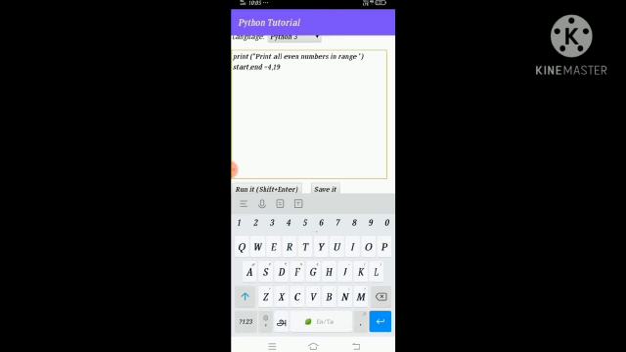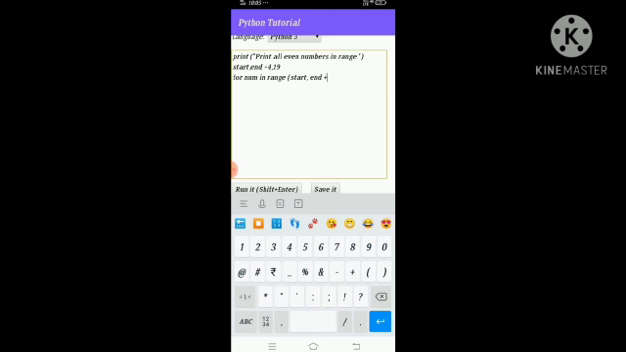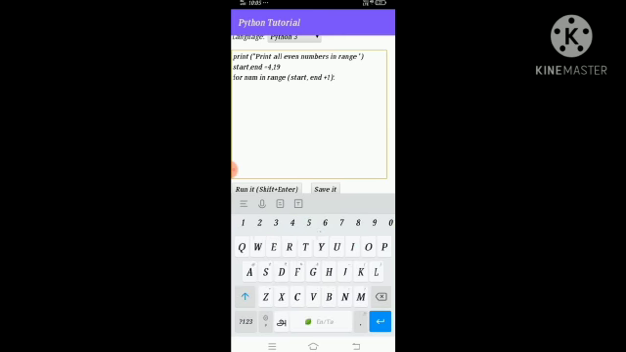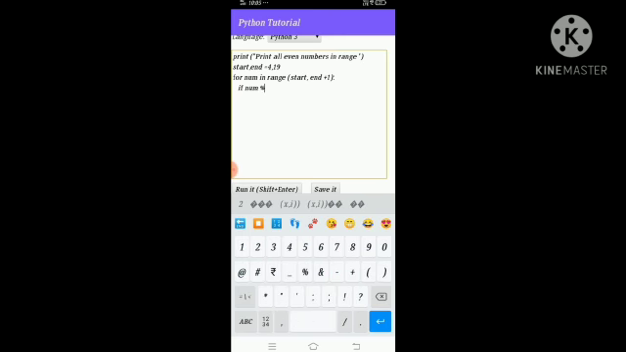We are going to use a for loop to loop the values. For num in range(start, end + 1): if num % 2 == 0: